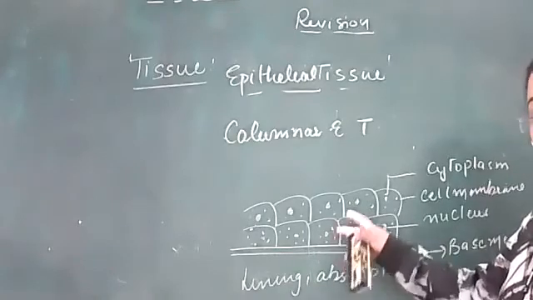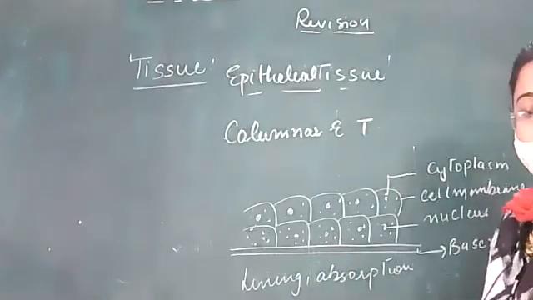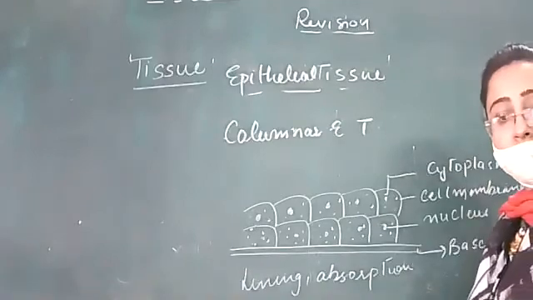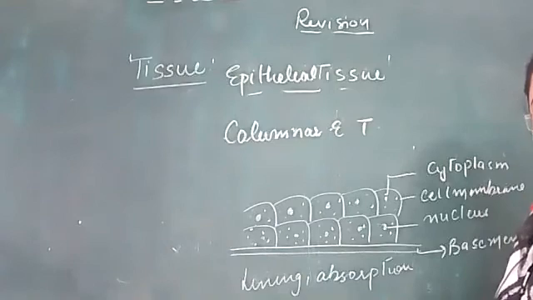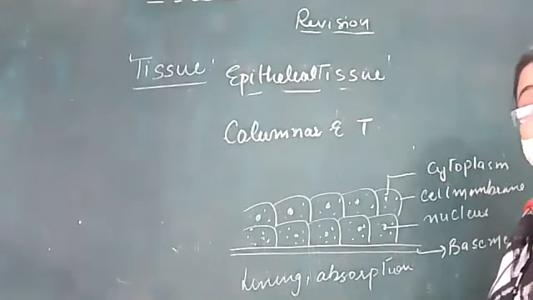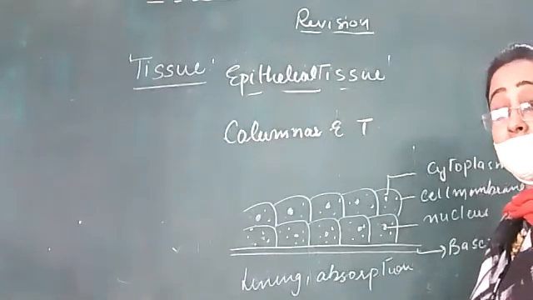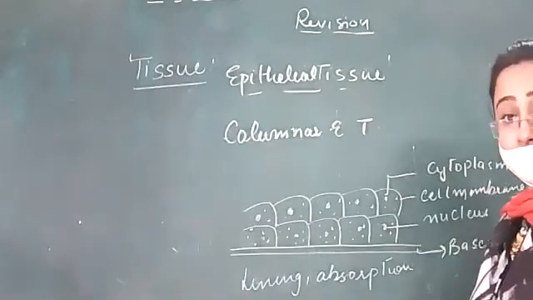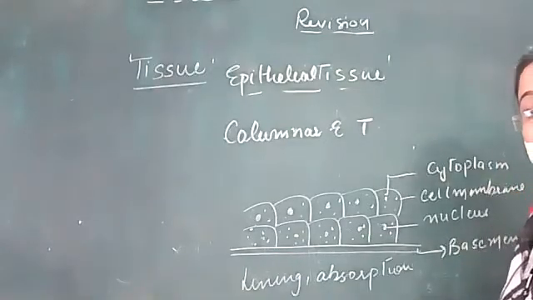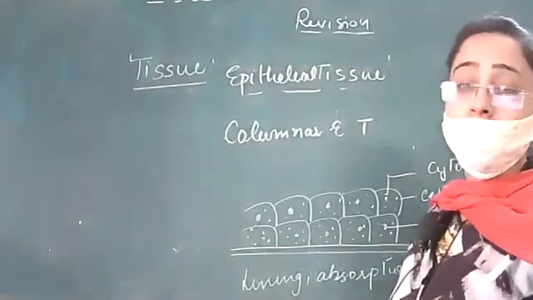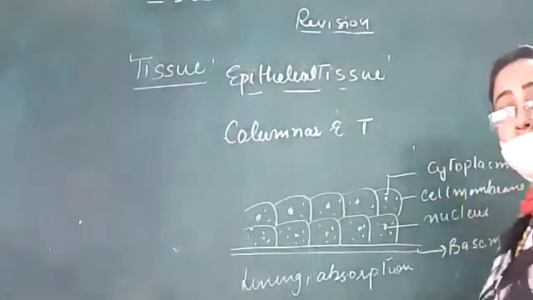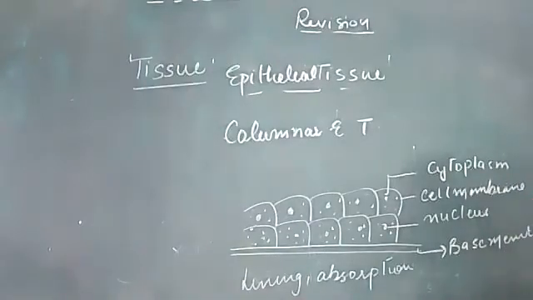ज़्यादा बड़ी होती हैं, इसको हम rectangular shape कर देंगे. तो elongated ज़्यादा होती हैं as compared to wide, ठीक? और जो nucleus है वो भी elongated हो जाता है, either side, it can be present either side or at the base. Okay, so location क्या है? Location can be the small intestine, large intestine, or your stomach. So these are the locations of columnar.